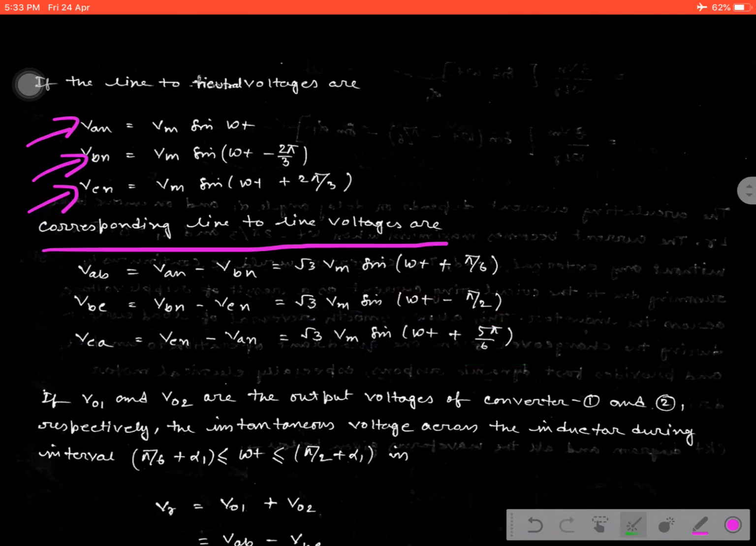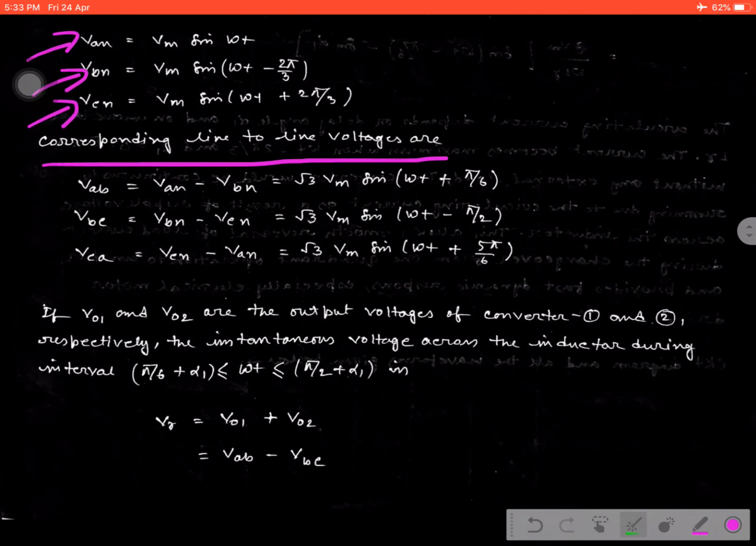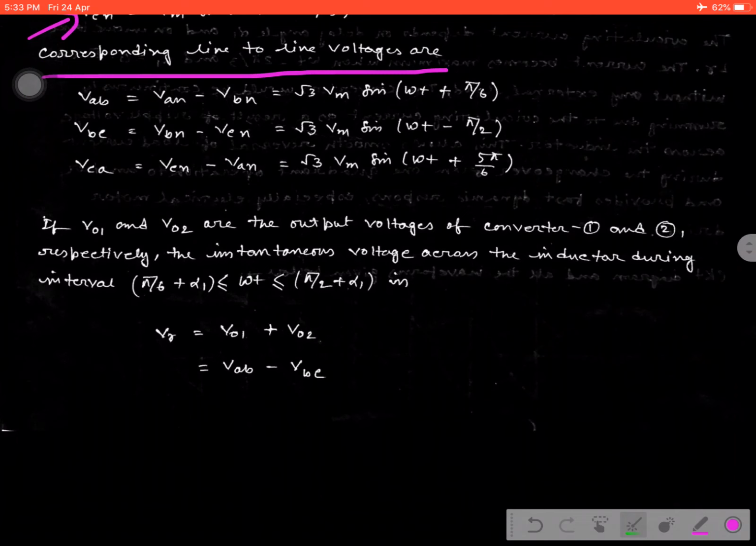That means we are talking about the signal as we discussed before, in the particular region π/6 + α1 to π/2 + α1, the instantaneous voltage difference, that is VAB minus VBC. We will do the same thing for the calculation purpose. That means if